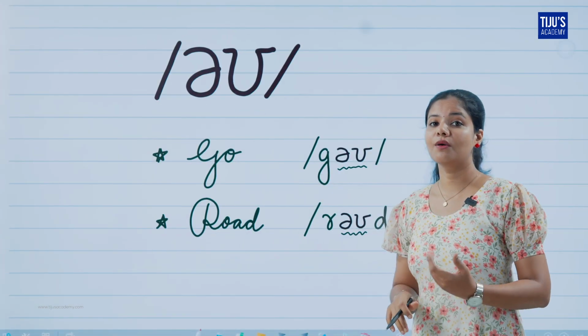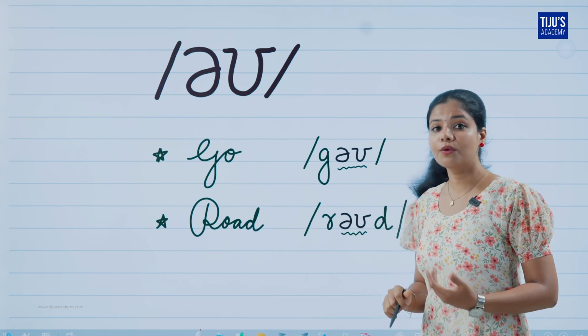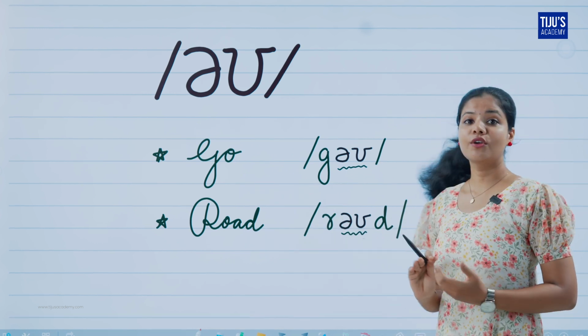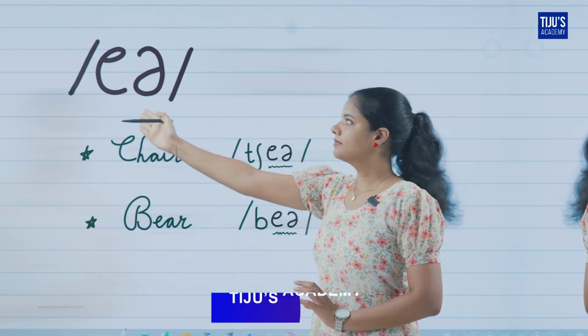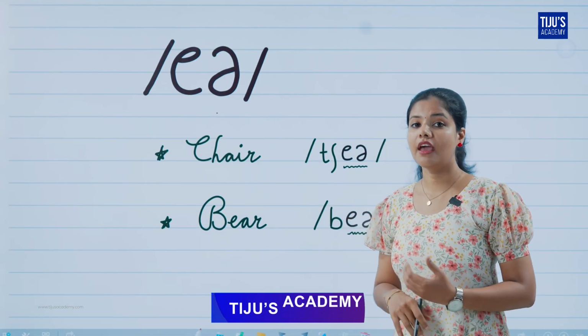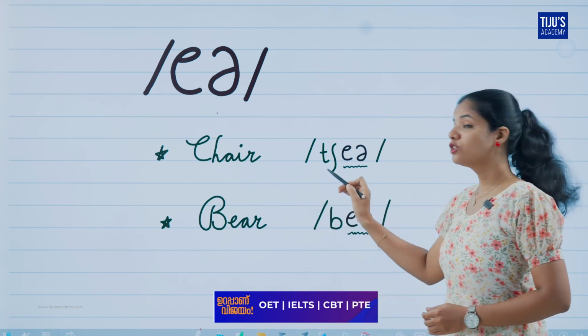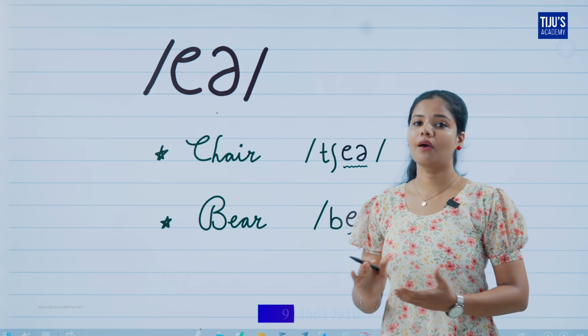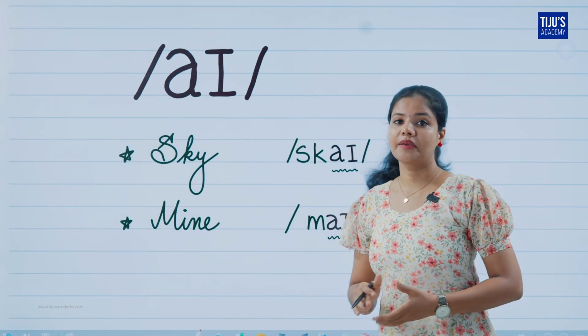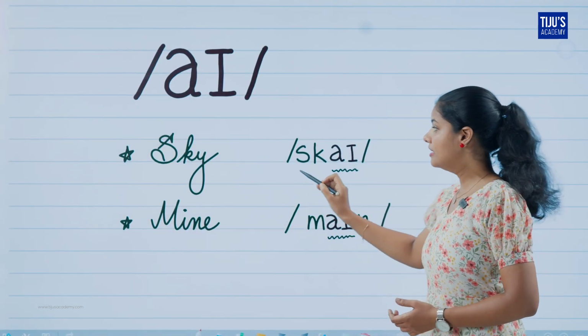This is ow, as in go, road. This is air, as in chair, bear. This is eye, as we have in sky,